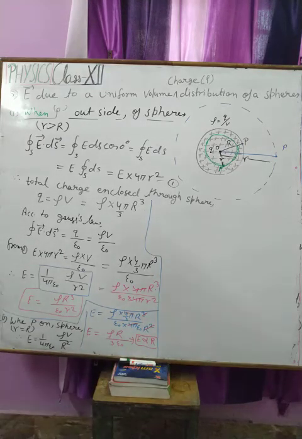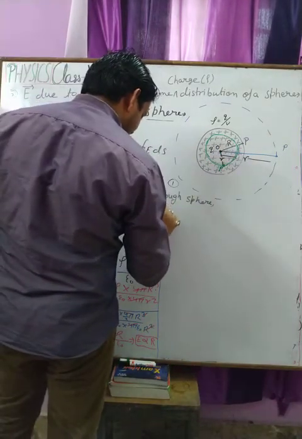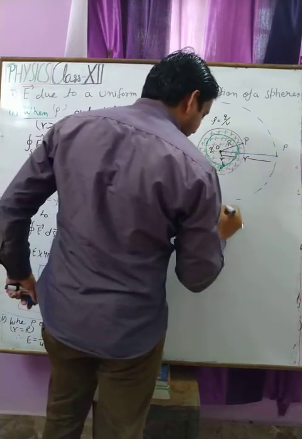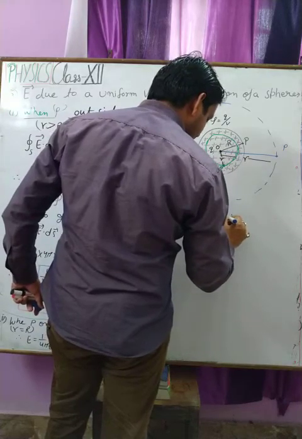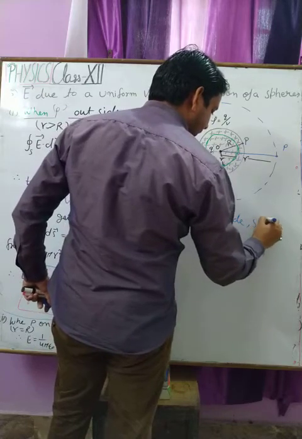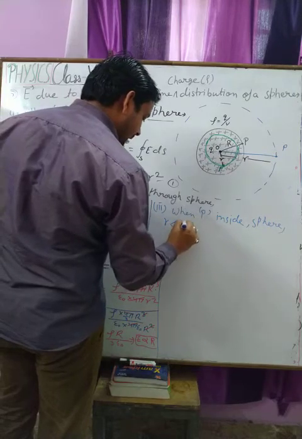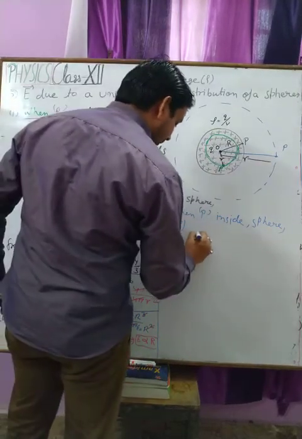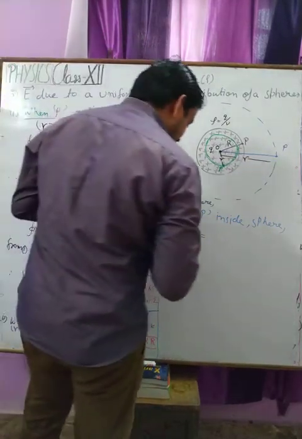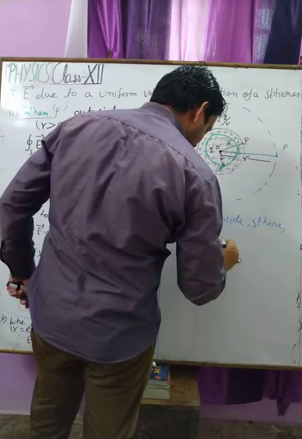Now we calculate the electric field inside the surface. Third point is when P is inside the sphere, that is small r is smaller than capital R. So electric field is equal to, we calculate, 1 upon 4 pi epsilon naught